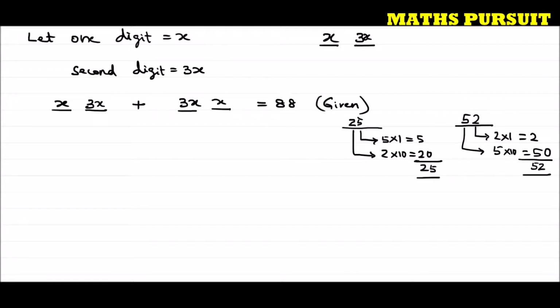Now taking the example that I am considering here, this 25 plus 52 will give something, let's say we'll get 77. But how are we writing this 25 plus 52? We can write this 25 plus 52 as 5 plus 20 plus 50 plus 2. From where am I getting this? This is the 5, this is the 20, this is the 2, and this is the 50. So I can write 25 plus 52 as 5 plus 20 plus 50 plus 2, which is 77.